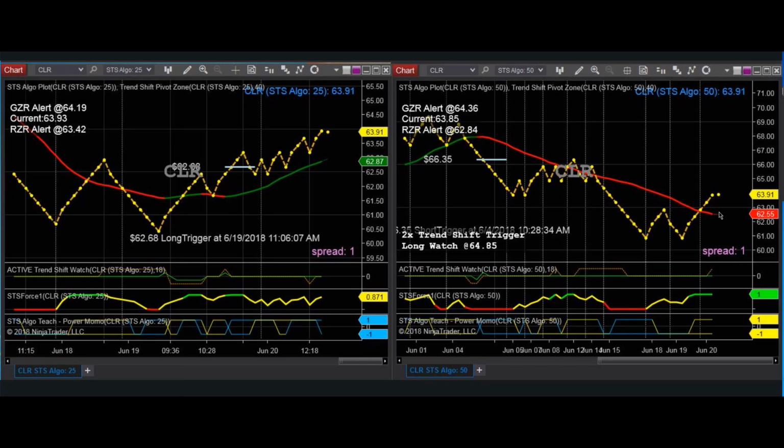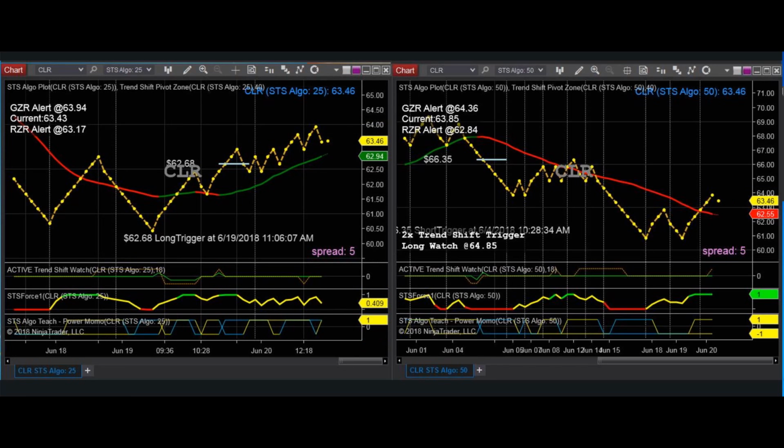Now I want you to watch this. As this progresses up and then makes different movements, it will change this trigger price. Every time it plots a dot, it then looks forward and projects what happens in the next 2 increments in either direction. That's what's proprietary and takes the emotions out of our trading. We got a slight pullback here in the price. I'm going to continue to toggle forward, a little more downward price movement, back up a little bit, up a little more,